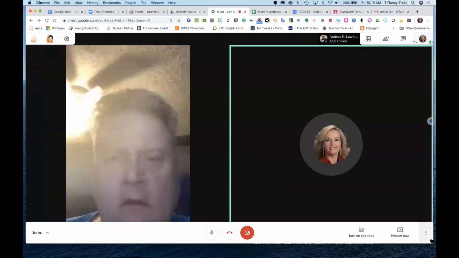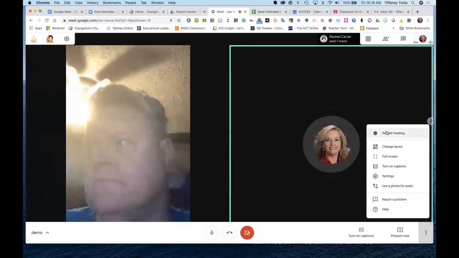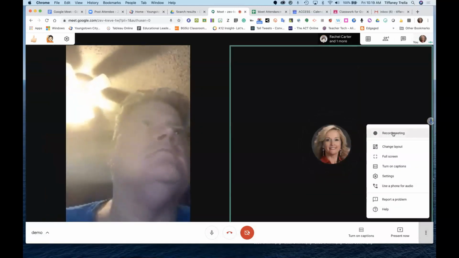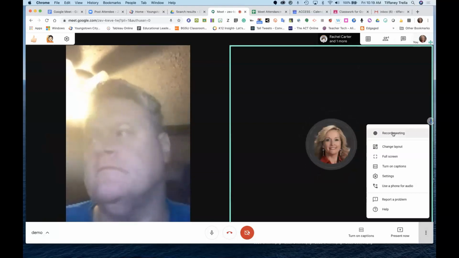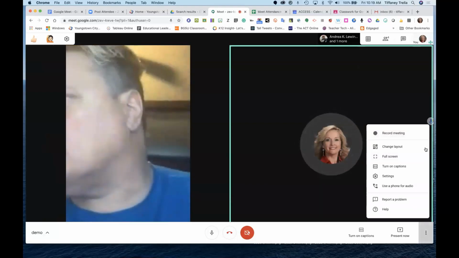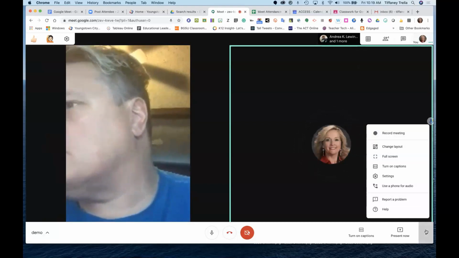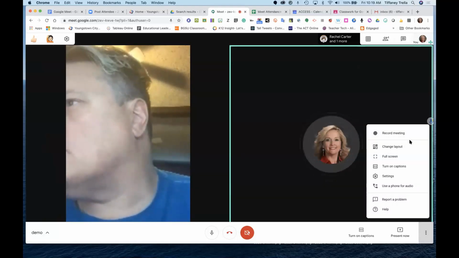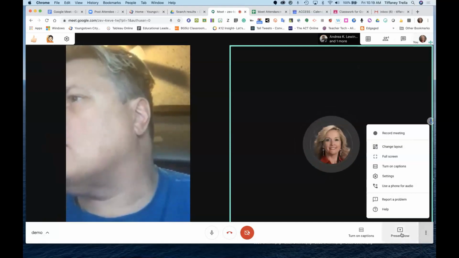So you also have the option when you're in here, this is where you're going to record your meeting. If you're in your meeting and you need to record it, your record button is in the bottom left-hand corner where you would want to do that. You also have the option, of course, to present your screen. So if I hit present now,